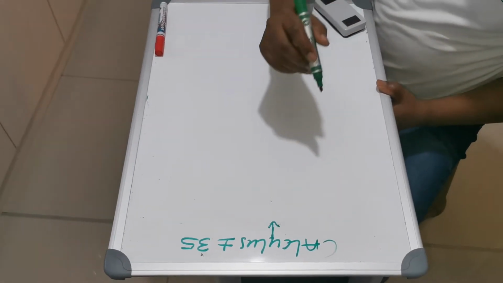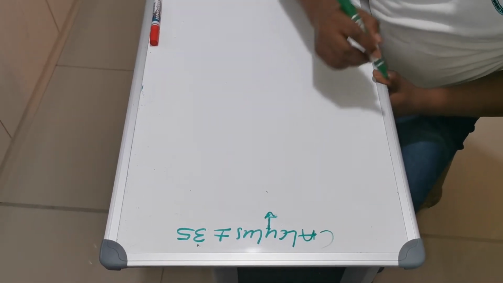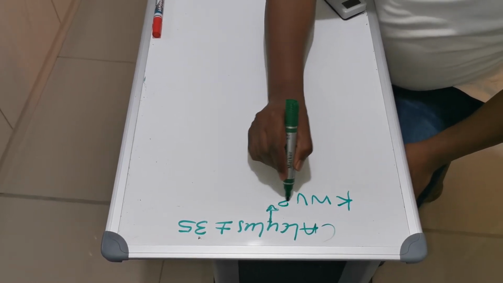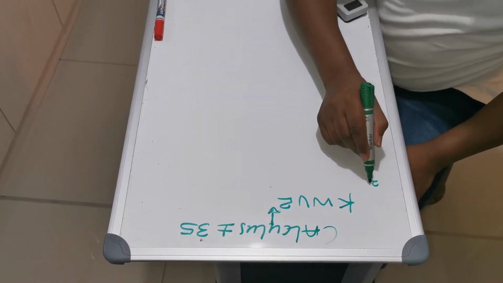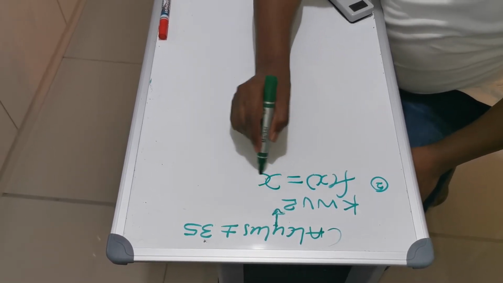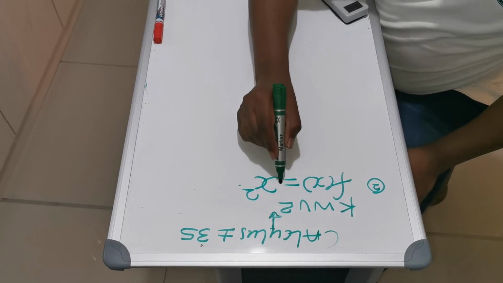So now, 1, 2, 3. Okay, welcome back, folks. Now we are on KWV2. The question says, derive from first principle this one. This is x squared, let's put negative here,